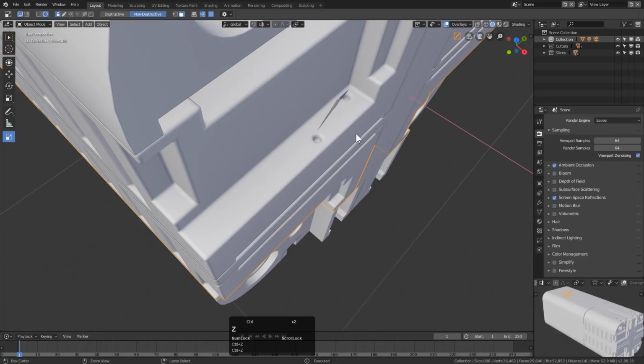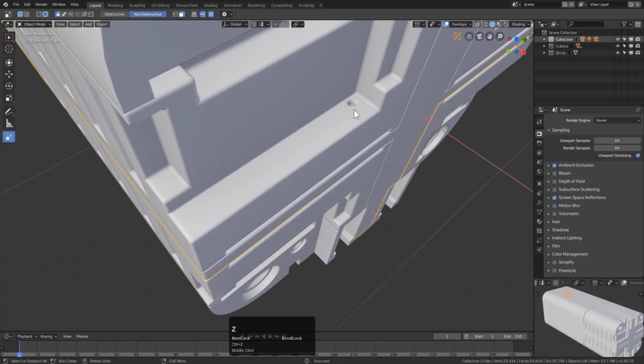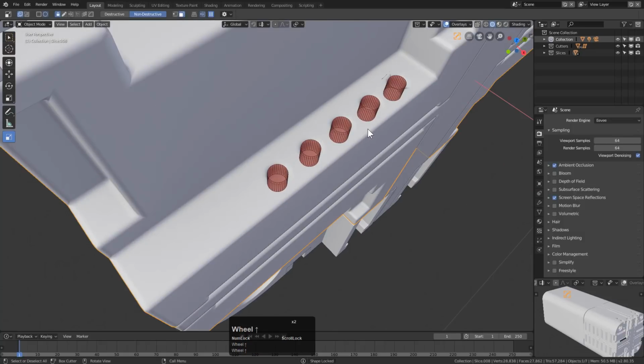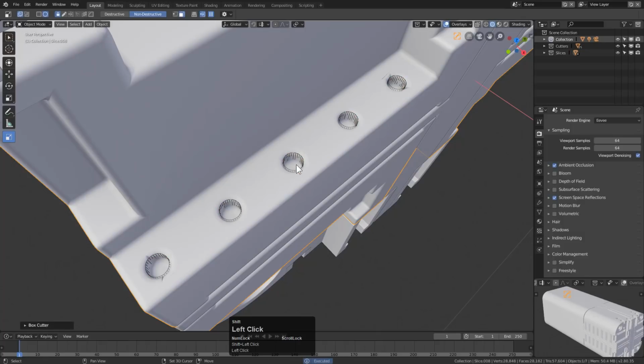In fact, let's undo that one, and we'll cut this in proper, and then use V and then Y, and we'll roll down the segments till we get that many. We'll hold shift, let's press V again, click to apply, then hold shift and then click to apply that. And we're gonna